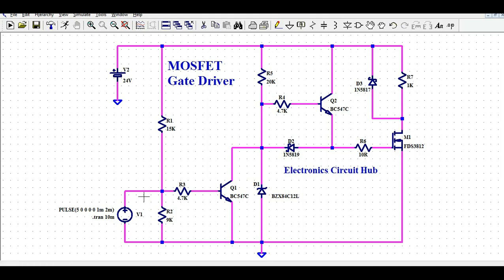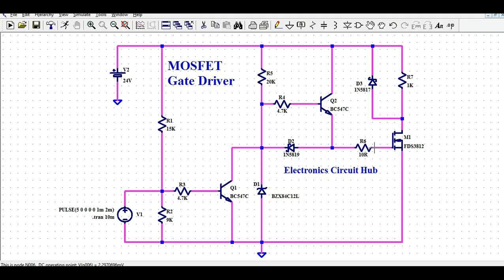In case you pull this signal to low via the microcontroller, what is going to happen is your base is going to be pulled low. That means your Q1 is off this time, and if your Q1 is off, you will see your Q2 is on, and if Q2 is on, you're going to see the voltage across the MOSFET gate to source is going to be 12 volt. Let us run the simulation now, and let us see whatever I have explained.